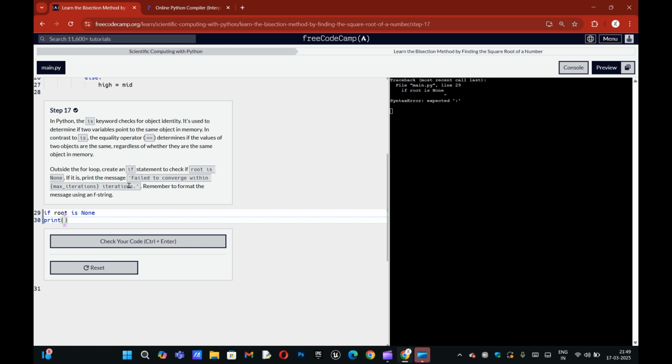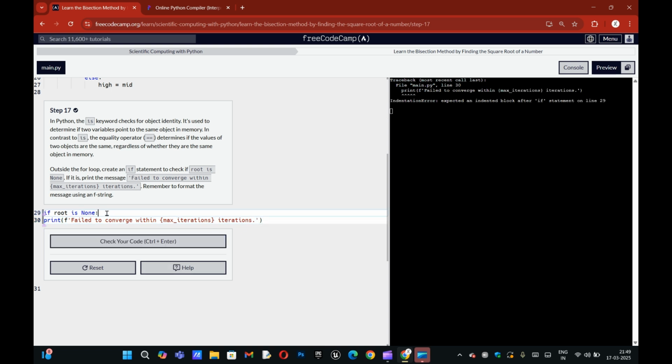We print this with the F string and a comma and an indentation.